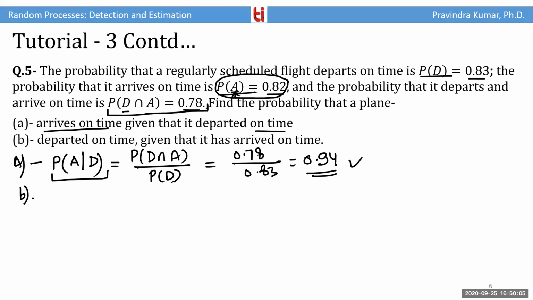अगर मैं ये कह दूं कि 82% चांसेस हैं कि फ्लाइट ऑन टाइम अराइव करेगी, अब डिपार्चर का मुझे क्या पता? लेकिन अगर मुझे ये इंफॉर्मेशन गिवन है, एक्चुअली प्रोबेबिलिटी इज बेस्ड ऑन इंफॉर्मेशन व्हाट यू हैव। अब आप न्यूज देखते हो, जितनी मैंने आपको फर्स्ट क्लास में ही बताया था, न्यूज क्या है, जिसकी प्रोबेबिलिटी कम है आने की वो मैक्सिमम न्यूज है, और जिसकी प्रोबेबिलिटी ज्यादा आने की वो मिनिमम न्यूज है।